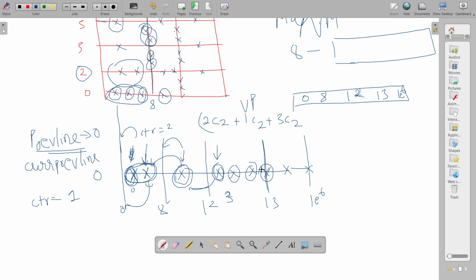And for these elements which are at intersections, I also made a special check. If an element is at an intersection, then basically ignore that element, make your previous line 13 in this case and move to the next element, and then you are here, you would subtract 1C2, and you would do that for all of your